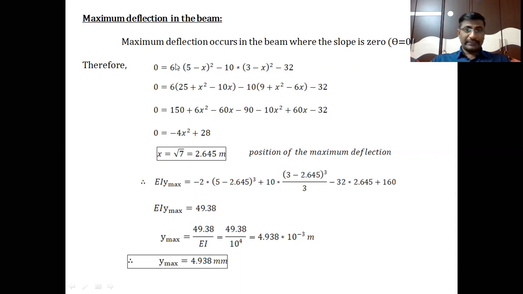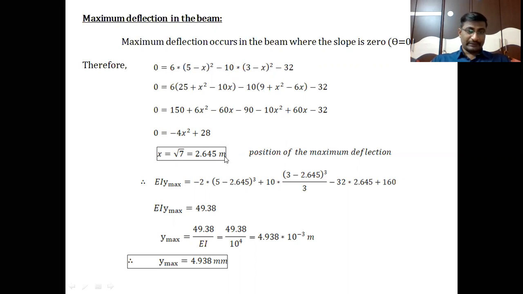After expanding these terms, 6 into 5 minus x whole square, in the a minus b whole square form, is 25 plus x square minus 10x. Minus 10 into 3 minus x whole square, expanding this term, is 9 plus x square minus 6x, minus 32. So after simplifying, we get minus 4x square plus 28 is equal to 0. Minus 60x plus 60x cancel. Minus 10x square plus 6x square is minus 4x square. 150 minus 90 is 60, minus 32 is 28. So the x value we will get